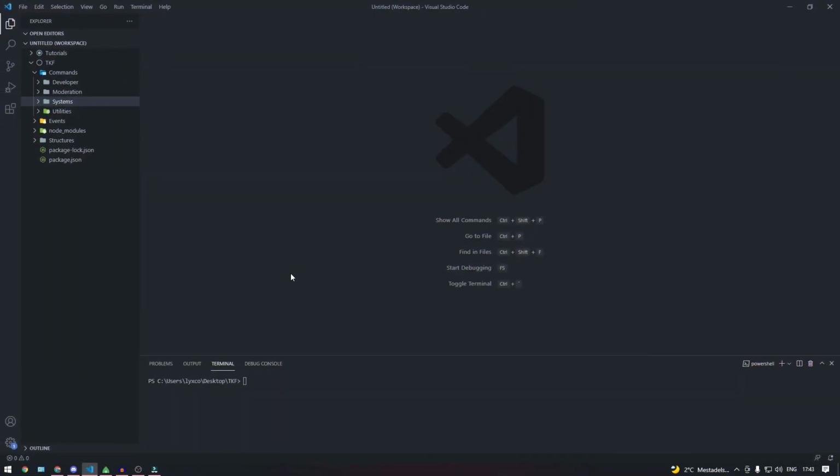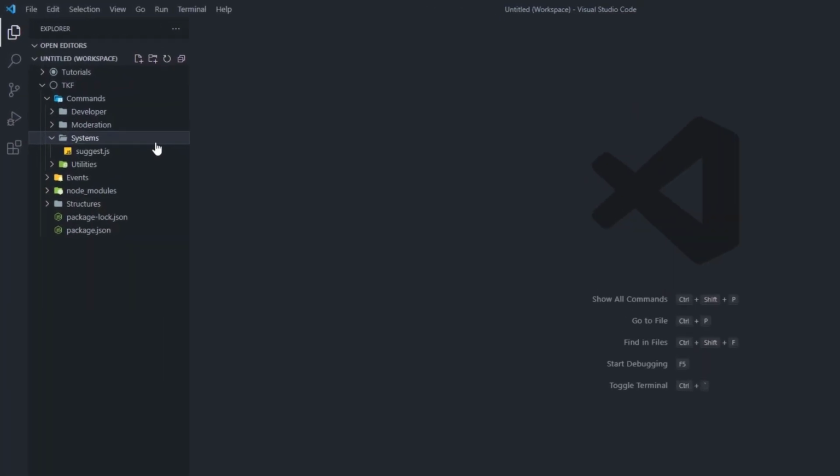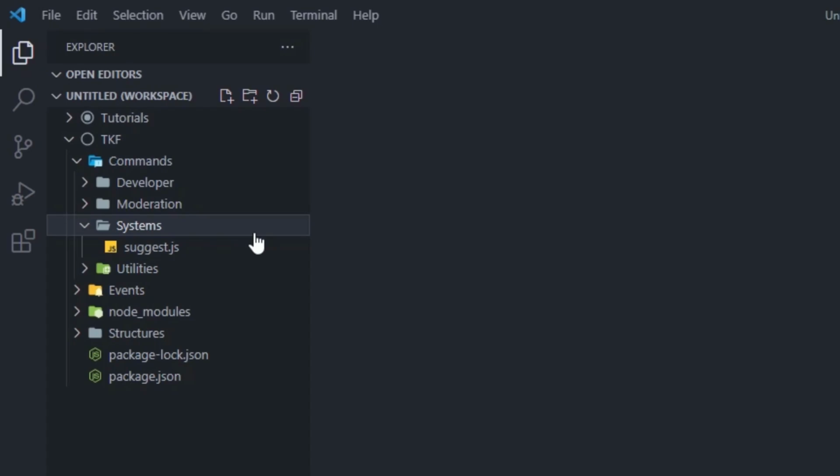Alright, so before we start out, we're using our own command handler. I did an episode about it. Click the card up to the right of your screen if you want to watch it, but if you have your own, that's fine. Alright, so we're going to place our command file for the giveaway system